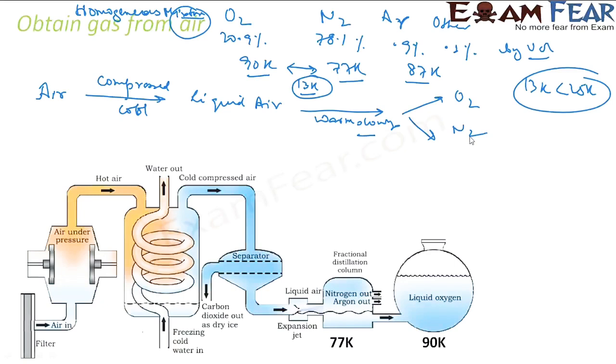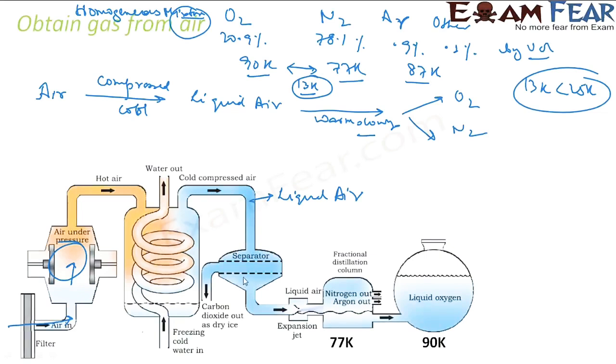boiling points. So if you see, nitrogen has a minimum boiling point, 77 Kelvin. It will evaporate first. For example, if you see here, this is air under high pressure and cool temperature. What we are doing is we are getting a liquid air, right? This is the normal air. We are putting a filter also to make sure that all the suspended particles are gone. And then under high pressure and under cold conditions, we are making it almost liquid.